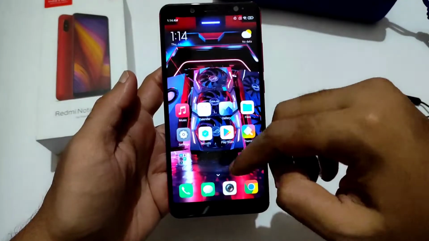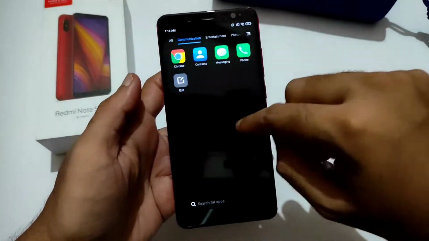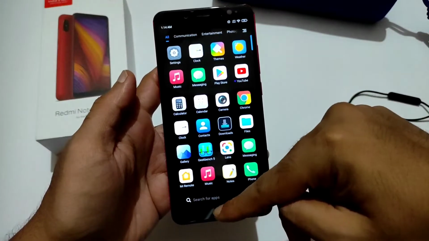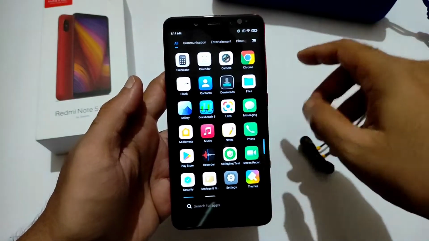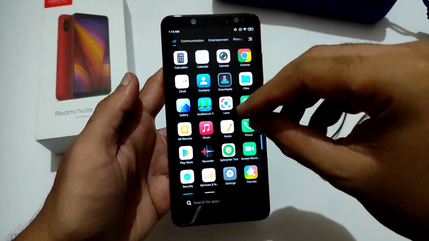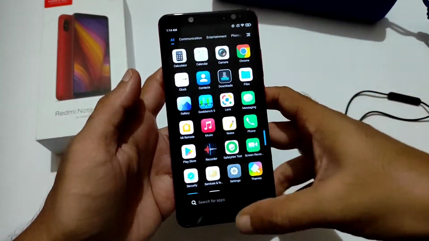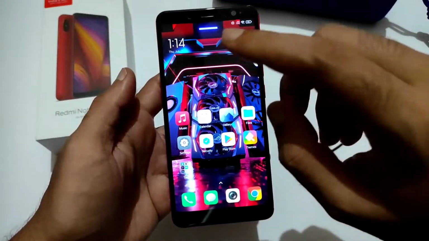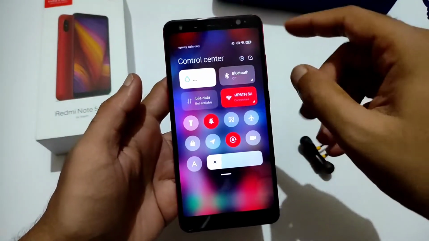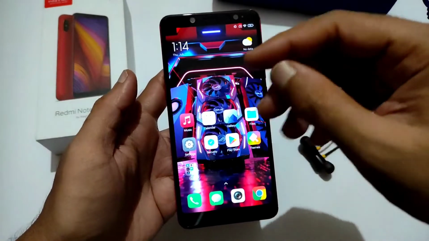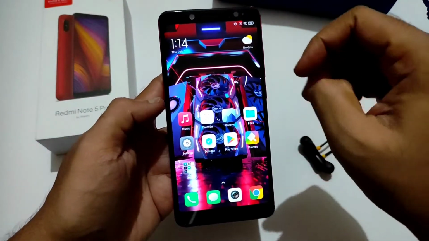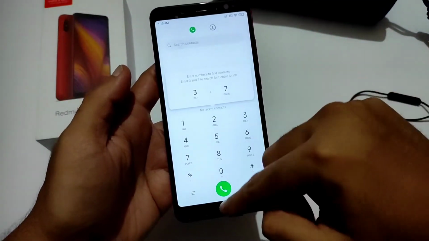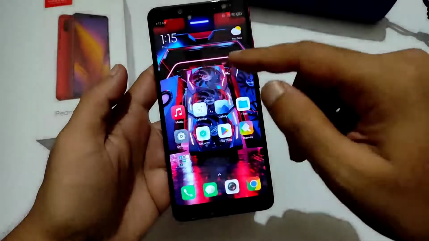And this is the home screen and the app drawer you get. You will be getting this customized thing in the MIUI 12.5 style only, and these are the apps, and some bloatware is pre-installed after installing this ROM, and that's it. And while flashing this ROM, you will get to enter into this ROM by using Mi account. Then only you can enter into this ROM, and you get this MIUI dialer here and MIUI messaging app, as you can see, and